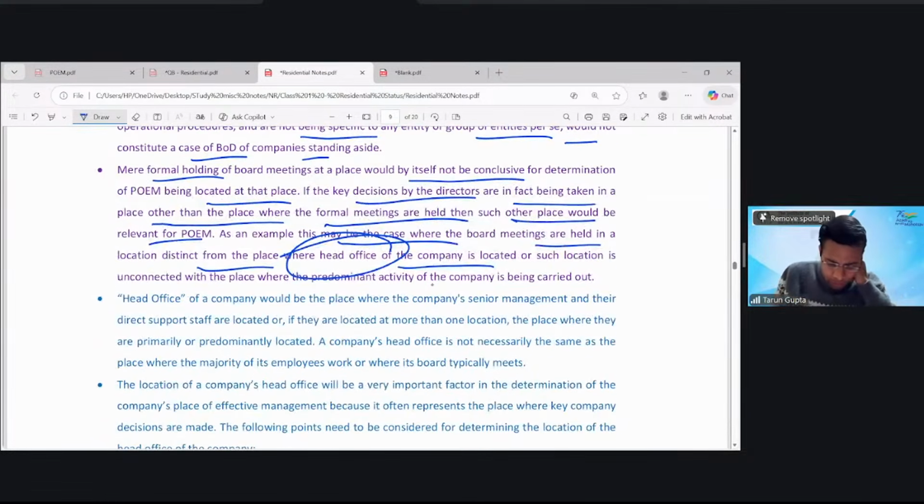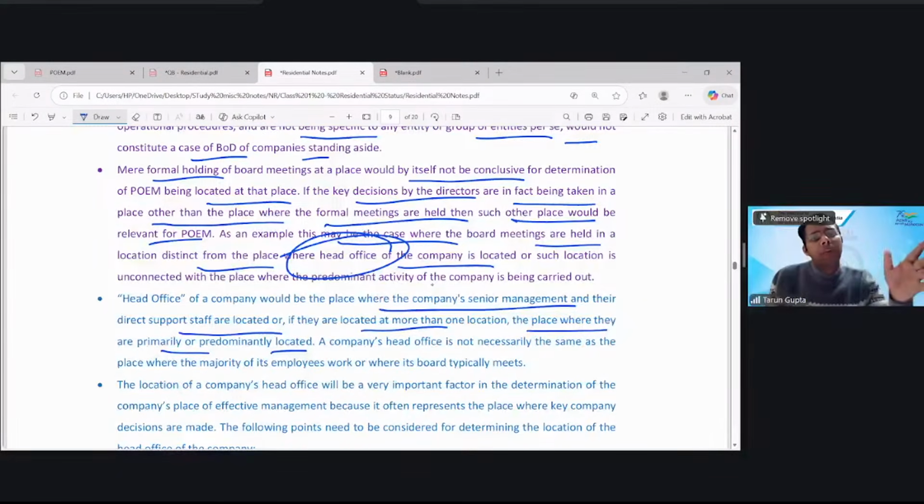Head office of a company would be a place where the company's senior management and their direct support staff are located. Or if they are located in more than one location, the place where they are primarily or predominantly located. The head office is a place where senior management sits. A company's head office is not necessarily the same as the place where the majority of employees work, where its board typically meets. So where the employees actually work, where the activities are happening, where the decisions are implemented is